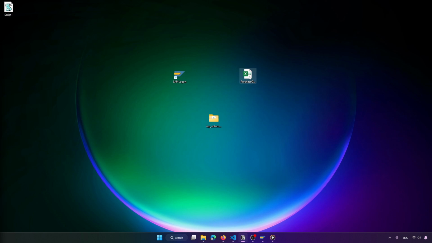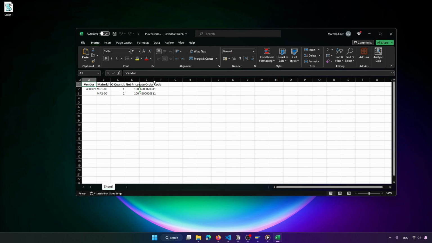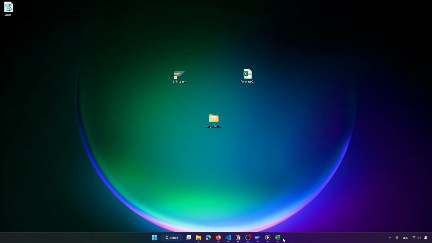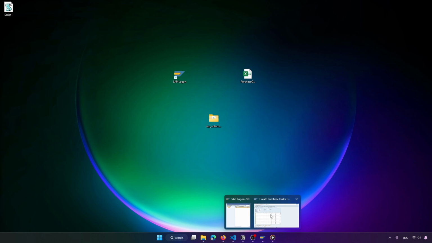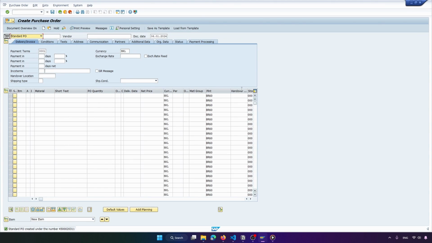So let's open the file, and here we can see the file updated with the purchase order code, so it's working fine. So let's now run our script, our bot, from the beginning until the end. So let's close the Excel file. Before, I'll just delete here the purchase order code. It's not needed because it will be overwritten. Now let's close here SAP